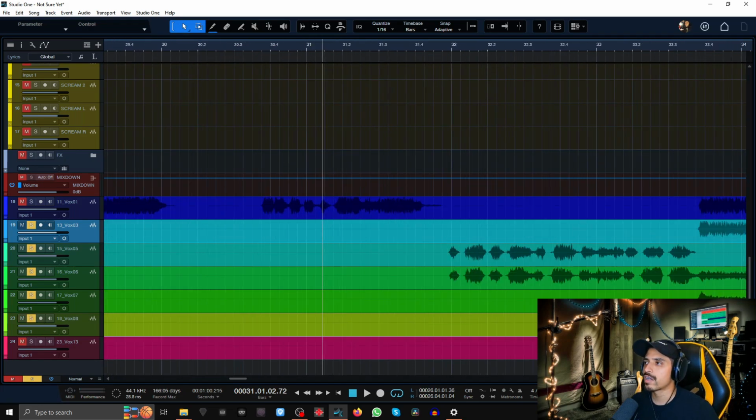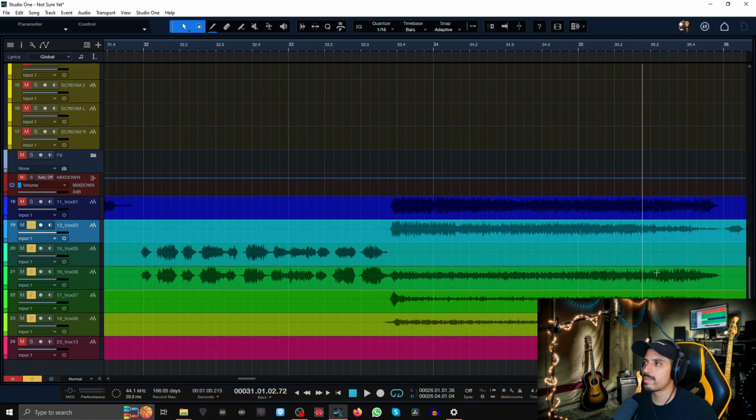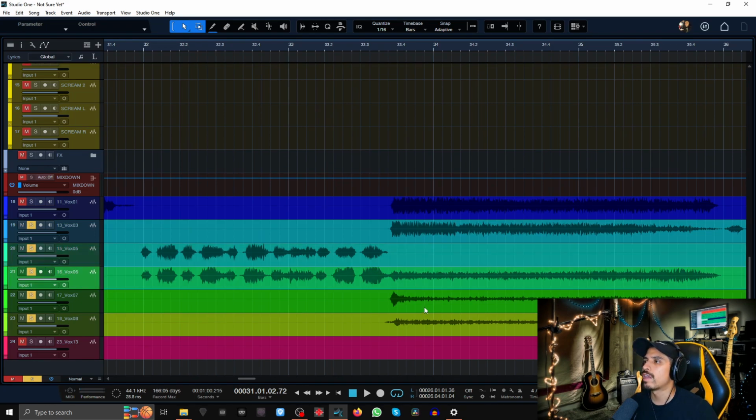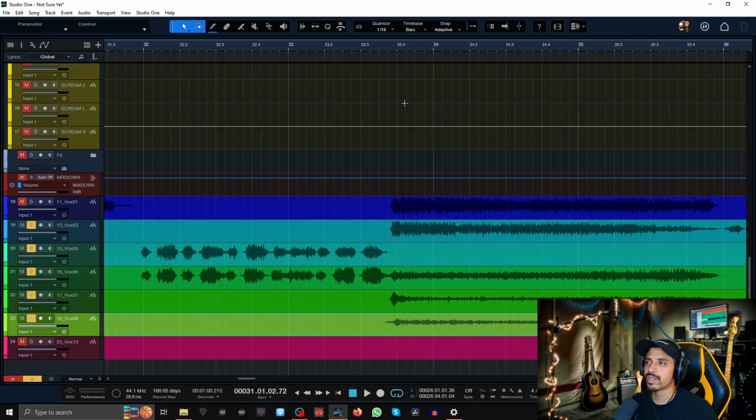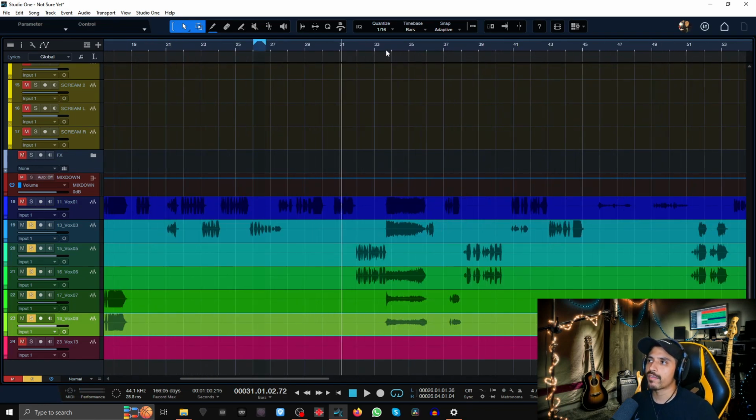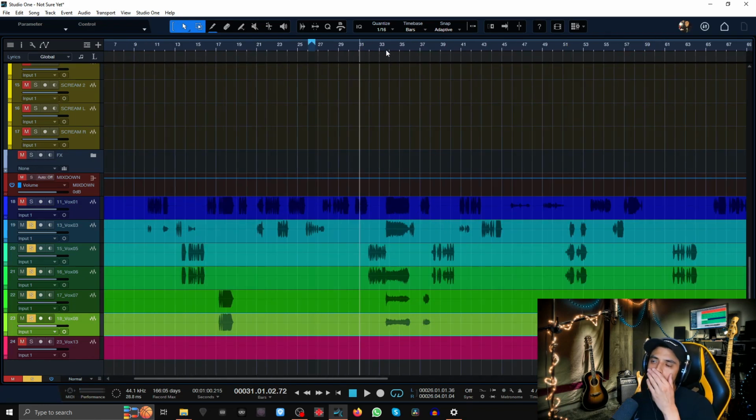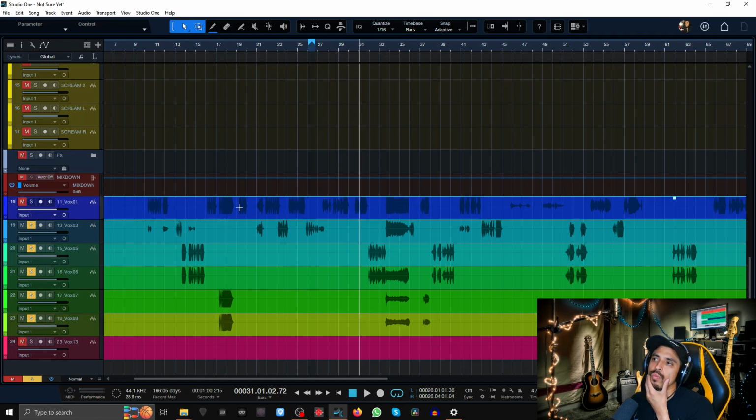So what I'm trying to say here is he has like this long screaming tail at the end here, but not on the top one here. So it looks like he had them do it here. So that might work in our favor, because the way I do it is I have one main, one or